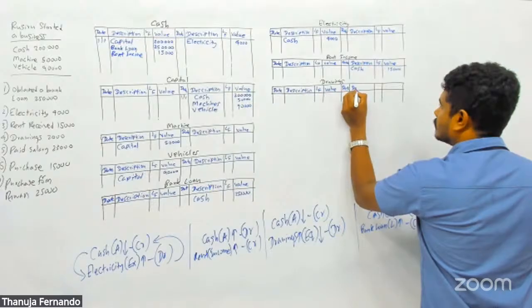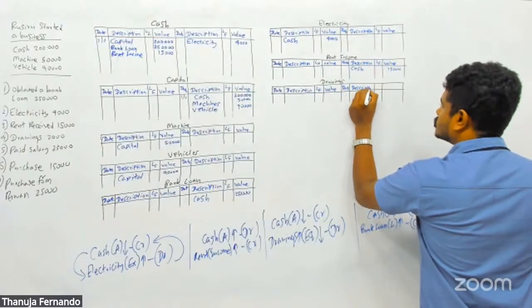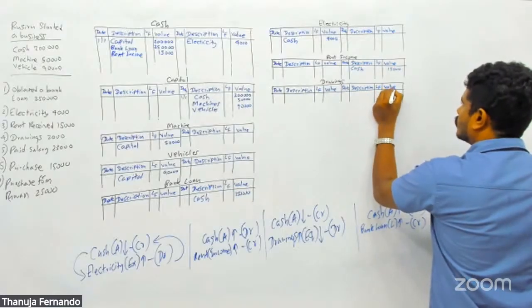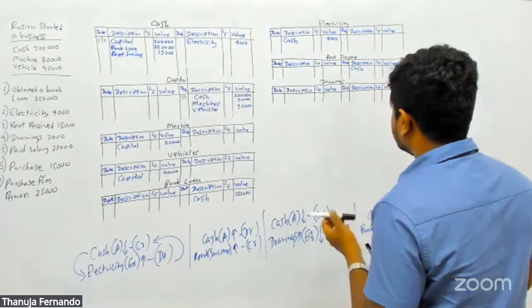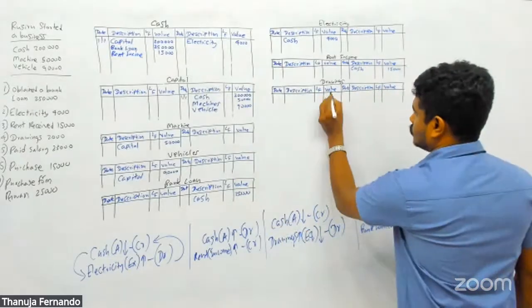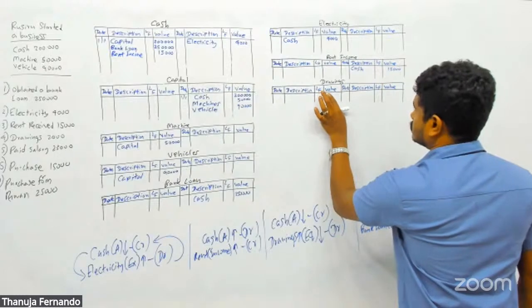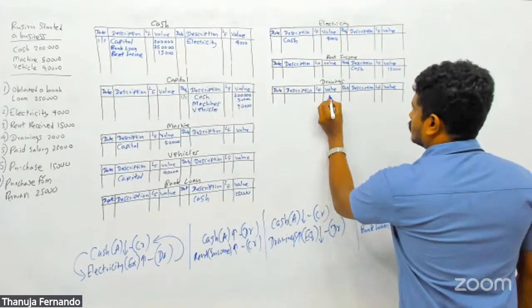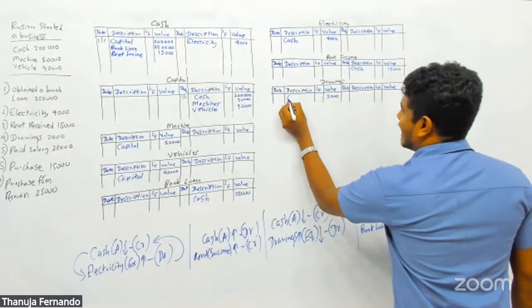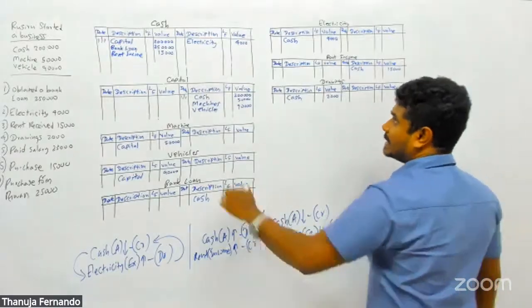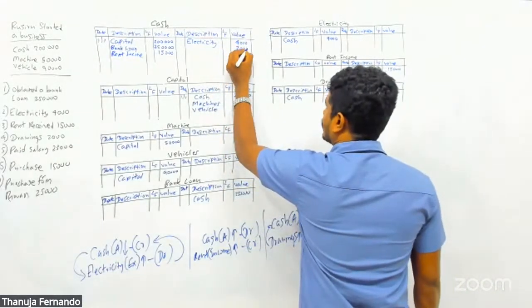Date, description, ledger folio, value. Right. Then drawings account, debit. How much? 2,000. 2,000 as cash. Use the other account name. Then cash account credit 2,000 as